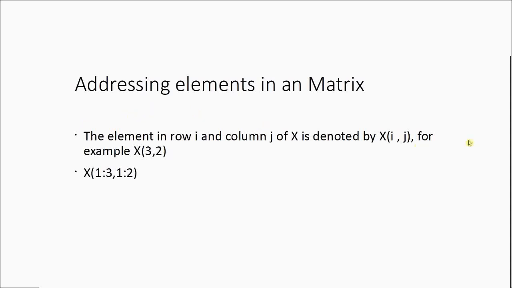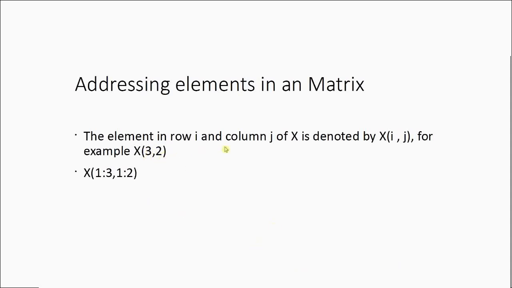Here we need two indices, the first index for the row and the second index for the column, but in the case of arrays we need only one. So in order to find the position of a particular element, here 2, the first index represents the row, the second one represents the column. For example, if I want the element placed in the third row, second column, it will print the element present in the third row, second column.